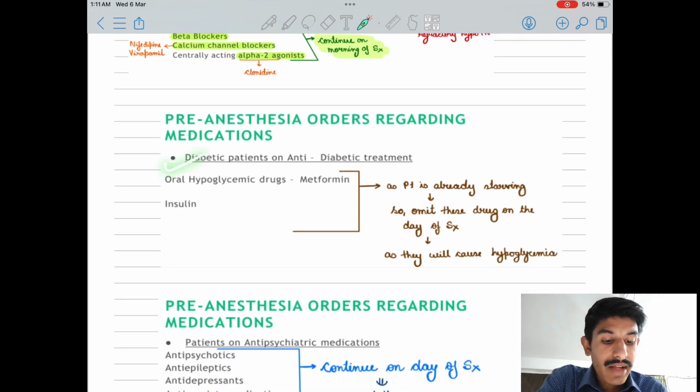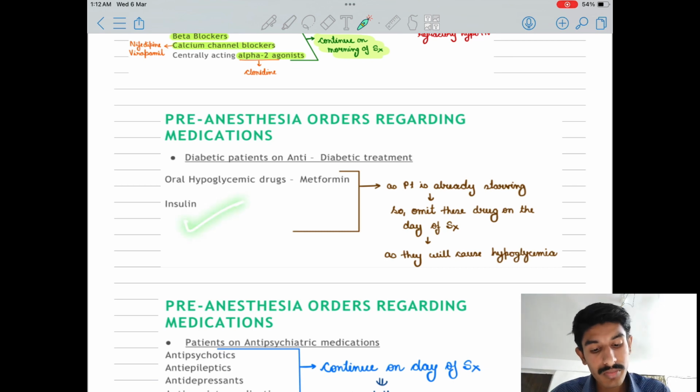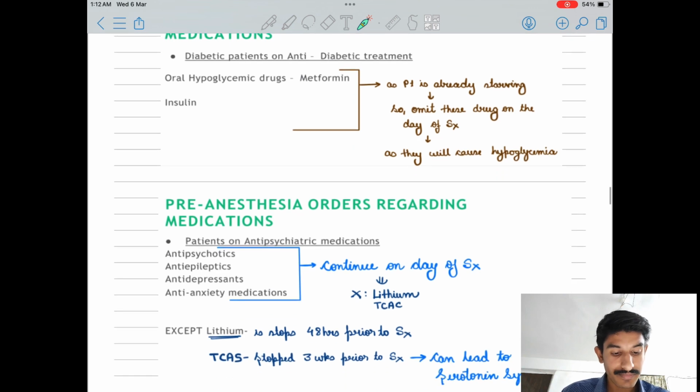Then, for example, there is a diabetes patient who is on insulin, taking insulin regularly. On the day of operation he will already be fasting, so there will already be low sugar in the body, and if we take insulin, even more sugar will be lowered and it can cause hypoglycemia. On that day you are already starving, not having any food, and still taking insulin, so it can cause hypoglycemia. So you must not take this medicine on the day of surgery.